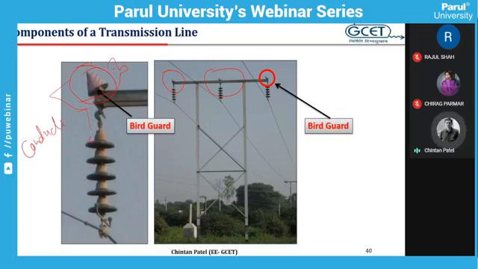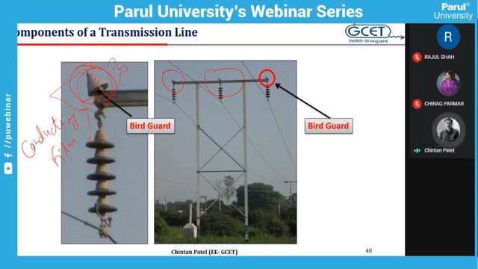So this will create a conducting film on the surface, and it may be the cause of surface flashover. So to prevent the surface flashover, the bird dropping should not be deposited over the surface of the insulator. And to do this, it is advisable that birds should be prevented from sitting at this position.